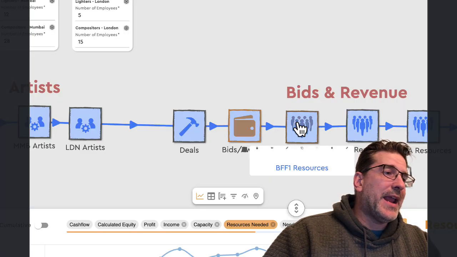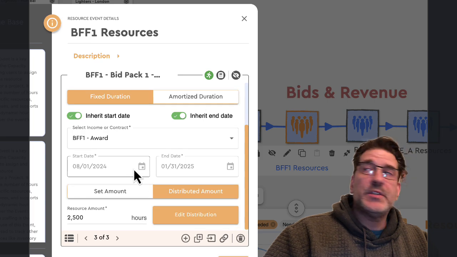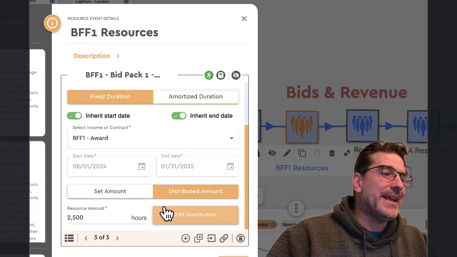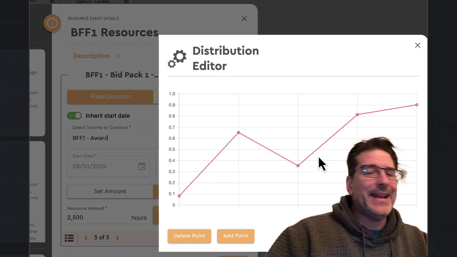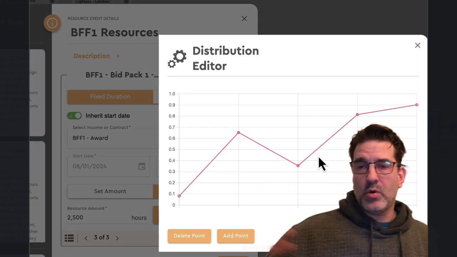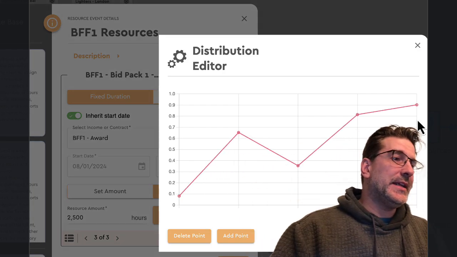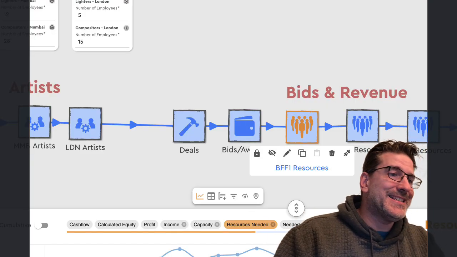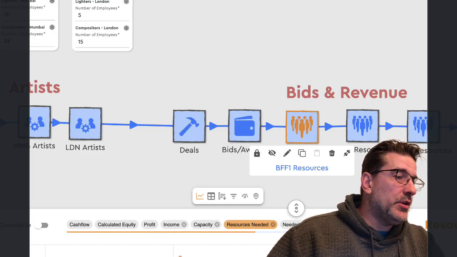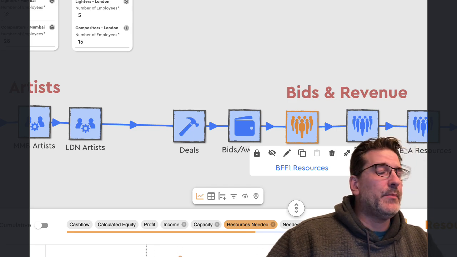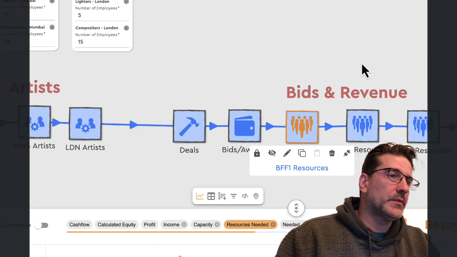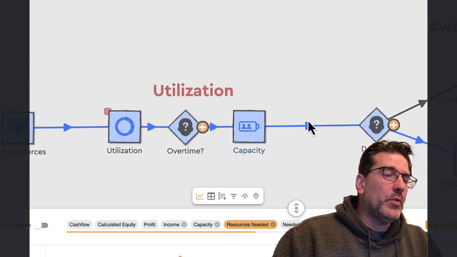I can go into any particular project and any particular resource. I can look at that resource and give it hours or days of work that are required. I can animate the distribution of that work over time, so you can see when you actually need the resources in those models to be able to run these resources needed calculations. So here you can see the shape of the work, how many people you're going to need to be able to pull this work off in all these different versions of the model, okay? Et cetera, running all the way through.